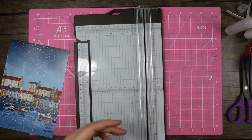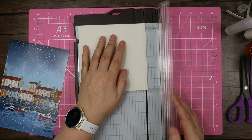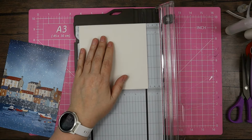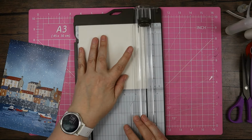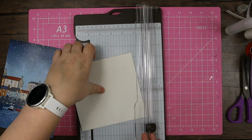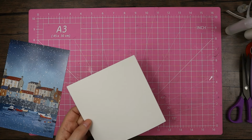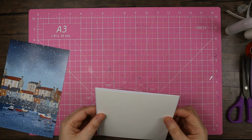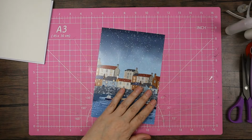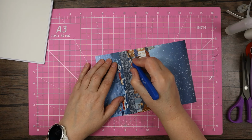I'll grab a piece of silver, and we will go 2 notches under the 6 all the way around. And I've got another 6x6 card blank with 300 GSM white card that I use. That's looking perfect. Okay, so I'm going to bring in my knife,